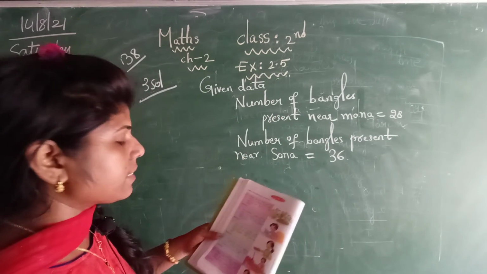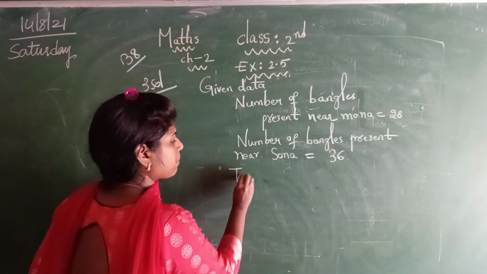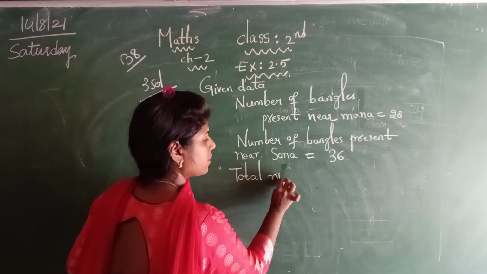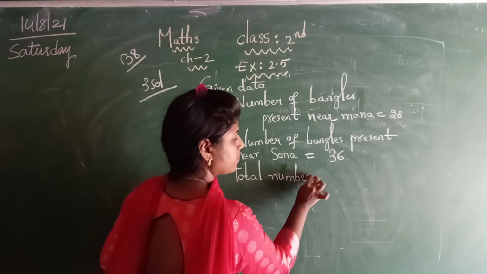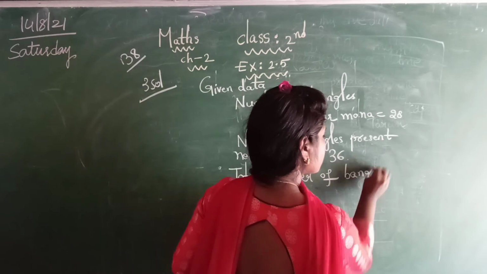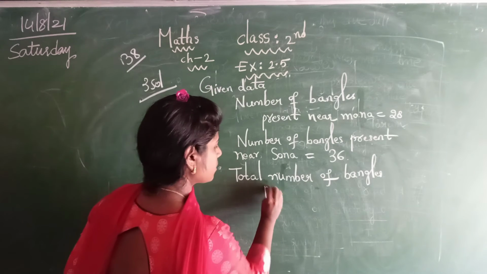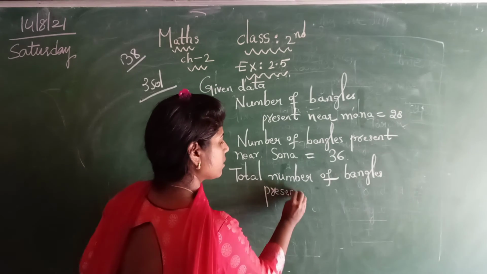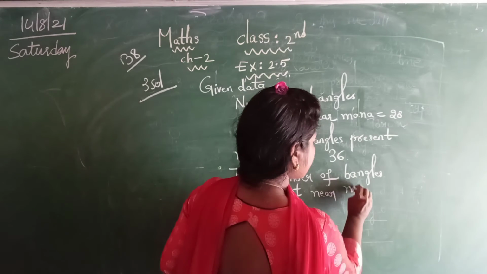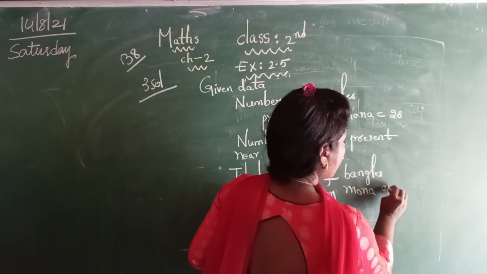Overall bangles, total number of bangles present near Mona and Sona is equal to